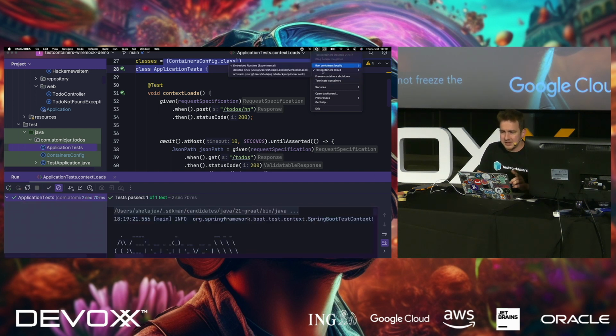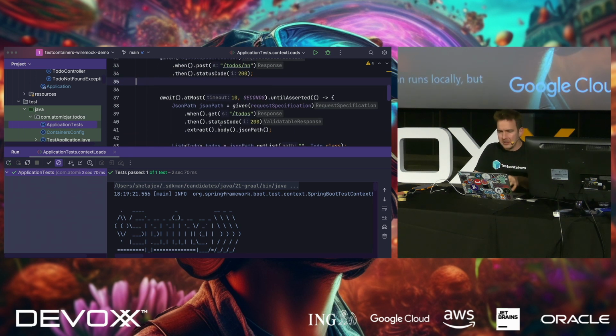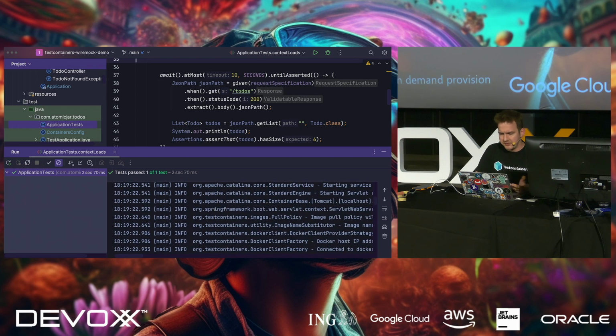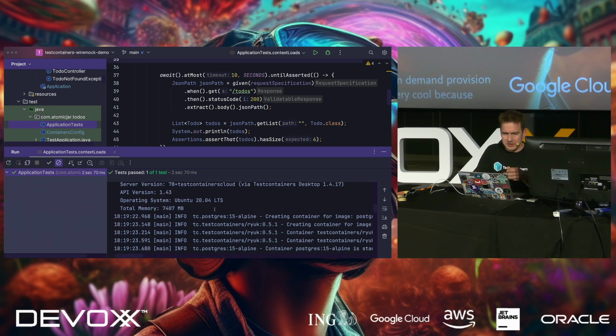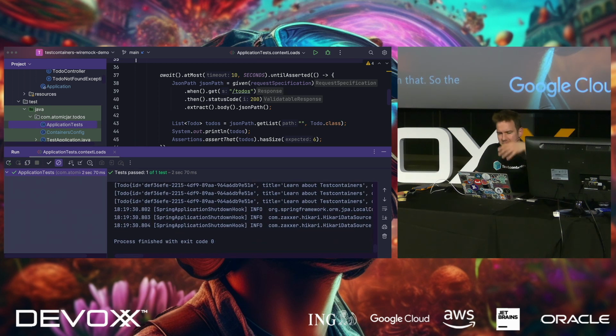I'm running my containers using Testcontainers Cloud, which is the backend for running containers during Testcontainers tests. You can try Testcontainers Desktop and enable it with a click. You can see that there is a local data center somewhere nearby, 15 milliseconds away from me. The application runs locally, but my containers are running in that remote on-demand provisioned Docker environment, which is very cool because I don't need to spare my CPU and memory on that. So the application test passed because it actually went and queried that actual